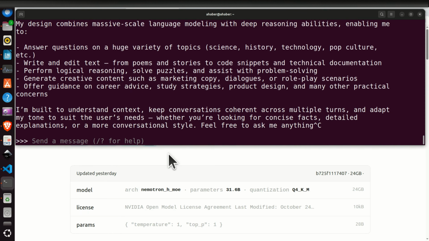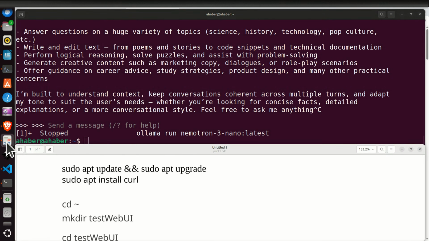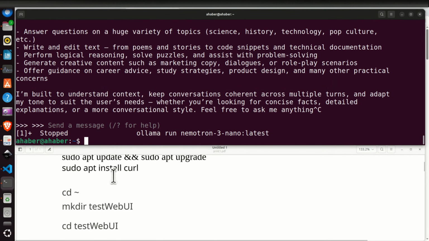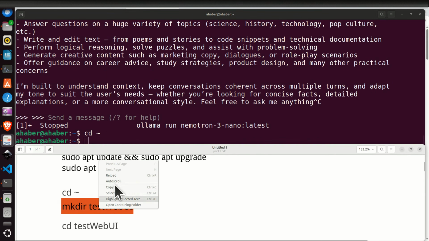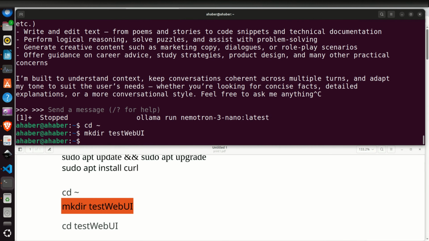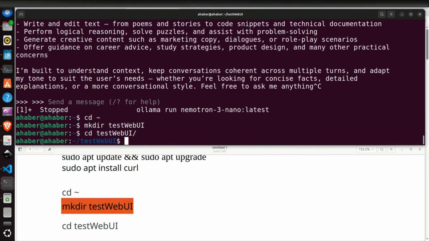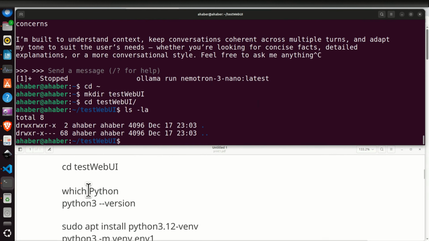So let's press Ctrl C to stop, Ctrl Z to exit, and the next step is to run the model inside of the graphical user interface. As mentioned previously, we are going to do that by using Open WebUI. First of all, let's go to the home folder and then let's create a workspace folder. Okay, then let's navigate to this workspace folder, and inside of this workspace folder, let's create our